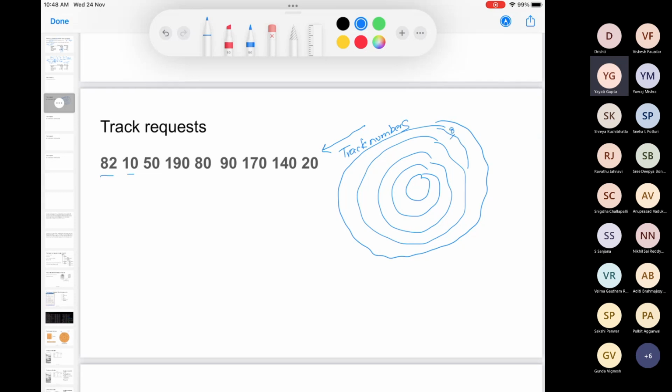Let's say track number 82 is somewhere over here. The next request is for track number 10, which is somewhere over here, some sector on that particular track. We can always add the rotational latency for that, but right now we are more concerned about the movement of the read write head. And then the next request is for track number 50, somewhere over here, then 190 somewhere over here.